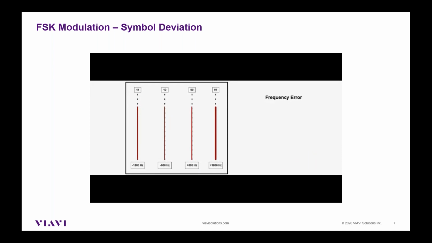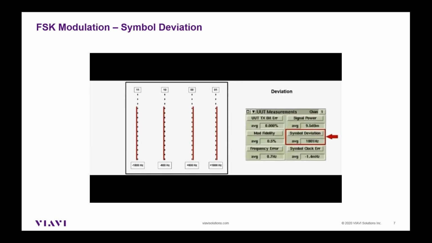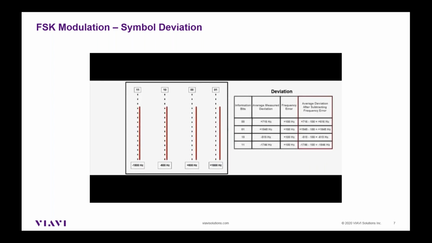So simultaneously, when we're making a frequency error measurement, we're also measuring symbol deviation. So we measure the deviation of each symbol, and this is done over 144 symbols. And the meters will show a single value of 1800 hertz in that example, but it's actually measuring the deviation of each symbol